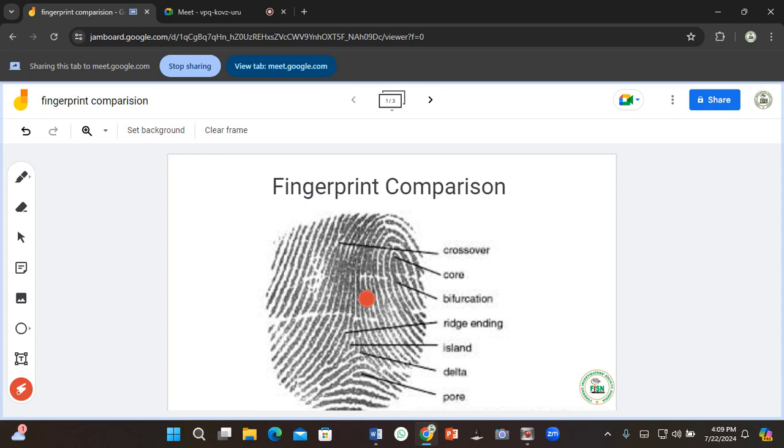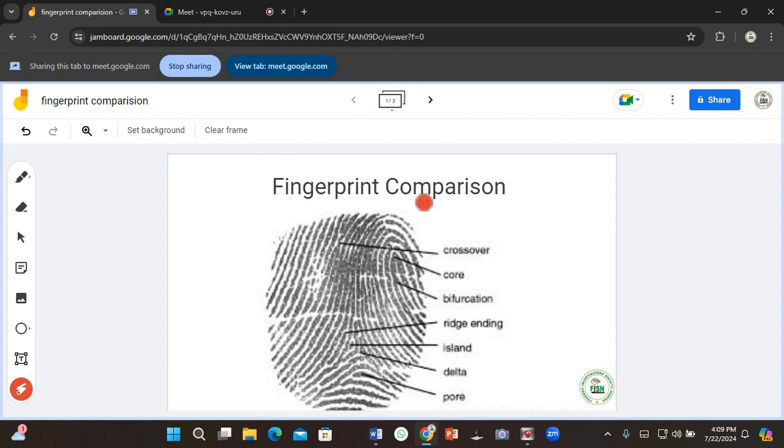You look at the shapes of the ridges or the lines, the thickness. You look at where the lines split or not. At times the latent prints are often partial, as I said. So you have to consider this before you move on to